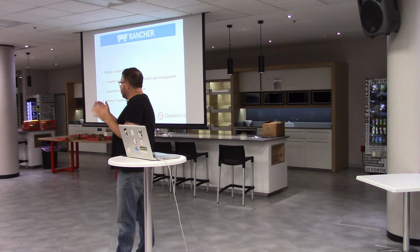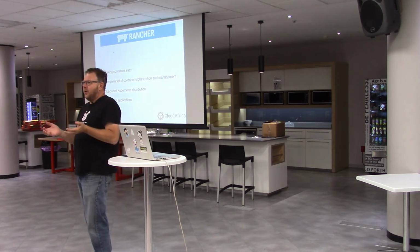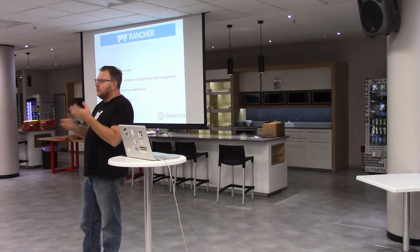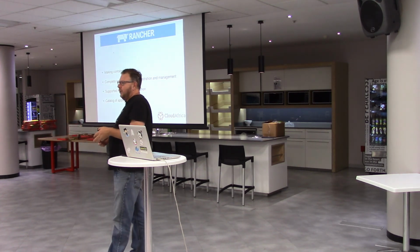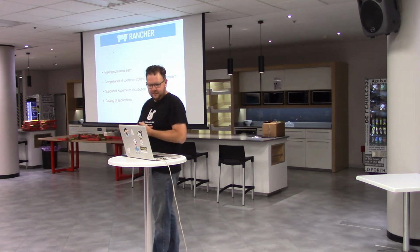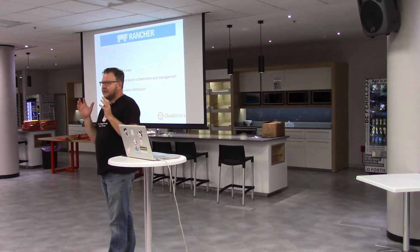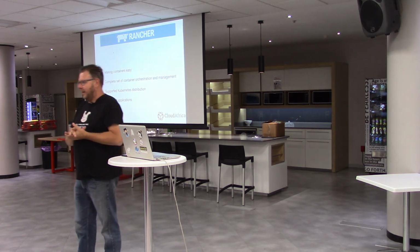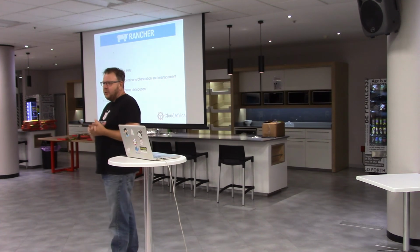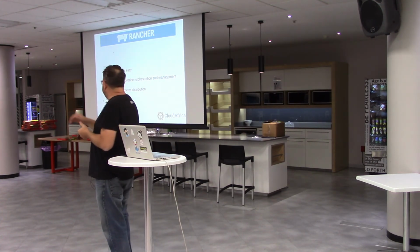And Rancher is this kind of middle ground. You've got a bunch of machines of your own. You've got an ops department. How can you make use of it to run your cool reactive Angular apps and whatever else you've got going? So their whole aim is to make this whole experience super easy. In fact, it might be too easy, you might have to fire that ops department. But anyway,